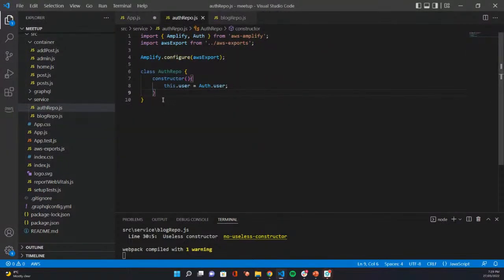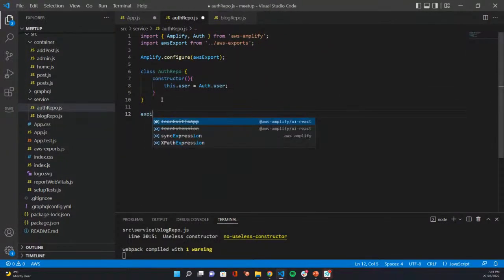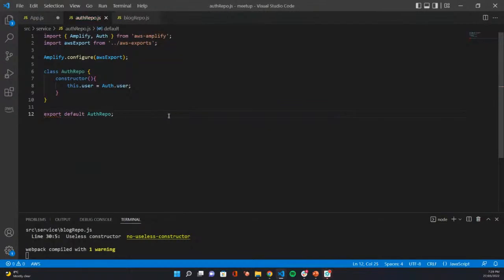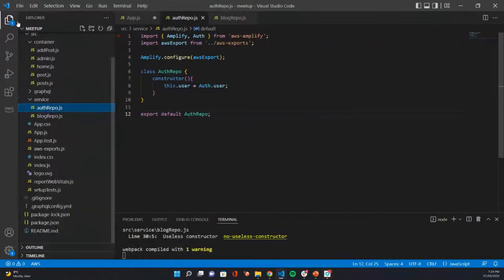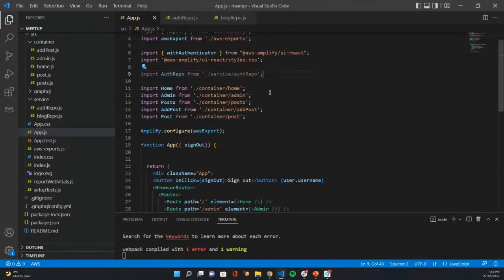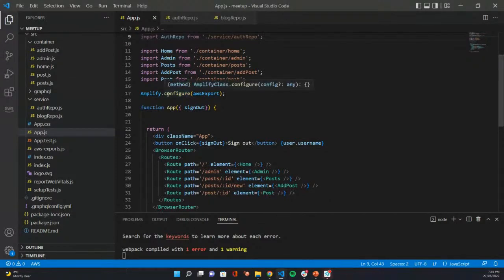We'll need to export default authrepo. Then essentially all we should need to do for now, simple, we'll just say,